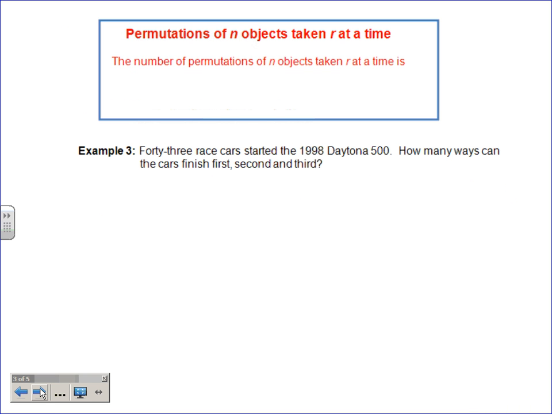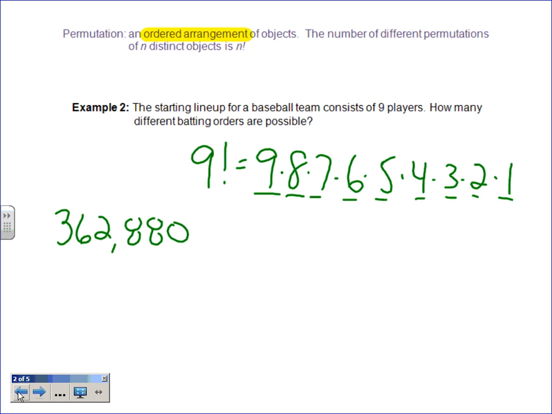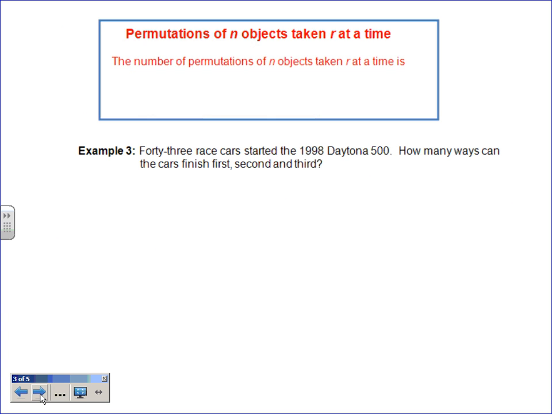Permutations of n objects taken r at a time. Well, how's that different from this one back here? Okay, but there was an n here, so how's this different on the next page? Well, yeah, you only take some of them, right? Here I'm taking, there were 9 people, I wanted to jumble them all up. So all you have to do is that factorial, that's pretty simple. But here we're saying, maybe there's 9 of them, but I only want to jumble up some of them. Maybe those last 3, it doesn't matter, I just want to find out how many ways I can jumble it